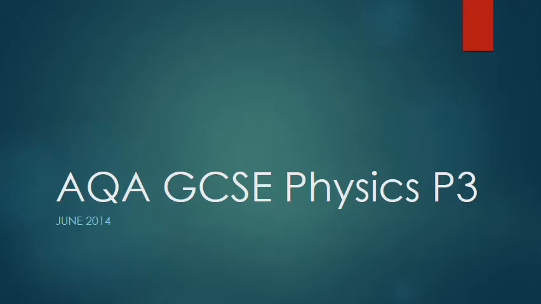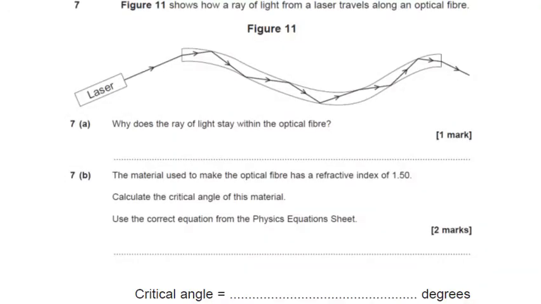This is a worked solution to AQA GCSE Physics P3, June 2014, question 7. Question 7 is about total internal reflection. In questions like this, where a fibre optic cable is used, in medical physics, quite often in endoscopy, if the